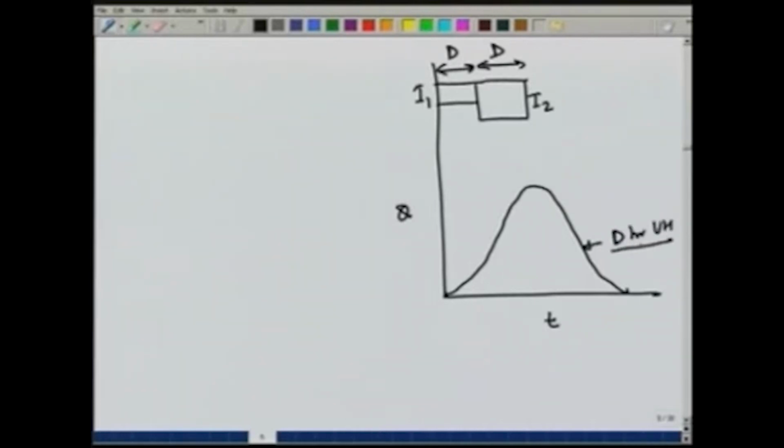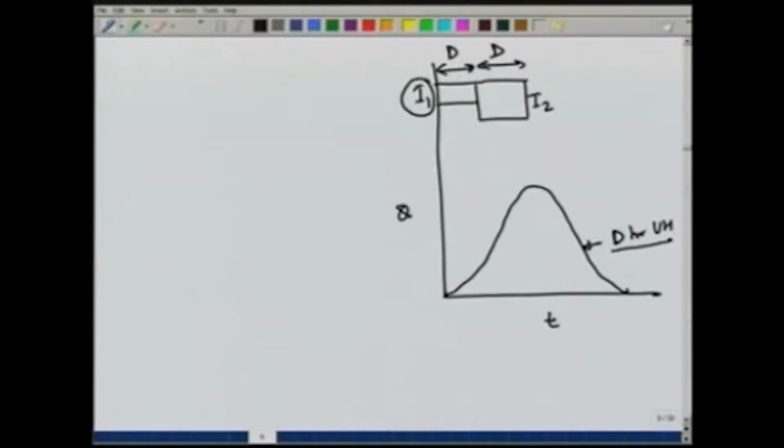And this is the d hour unit hydrograph. So, in order to find out the runoff due to this combination of rainfall, we would again use the same tabular form, but now we would multiply the ordinates by I1 over d. So, in this case the table would look like this. You have T, U, you can shift it,